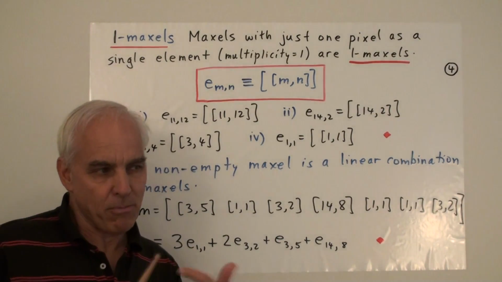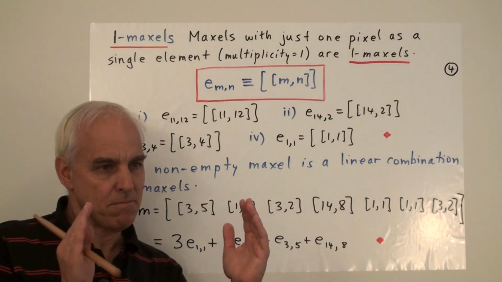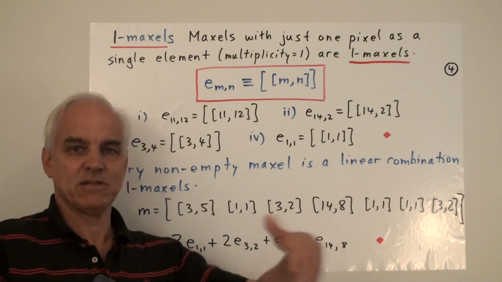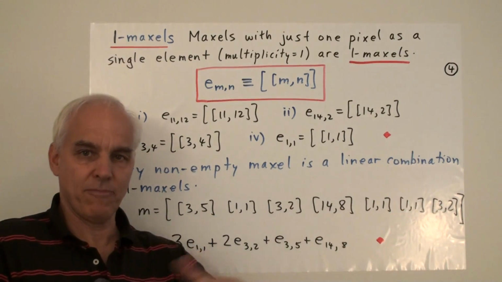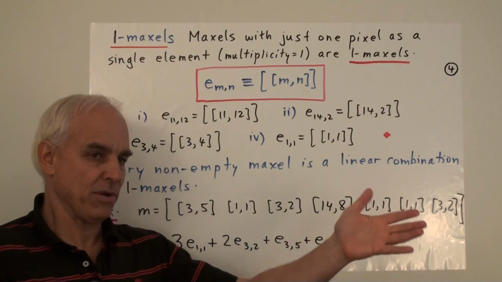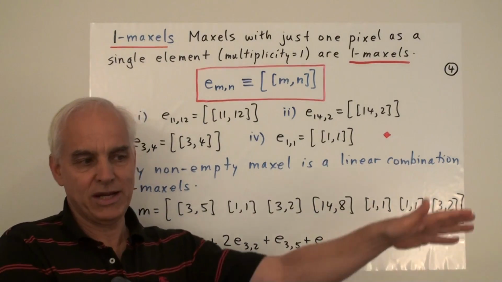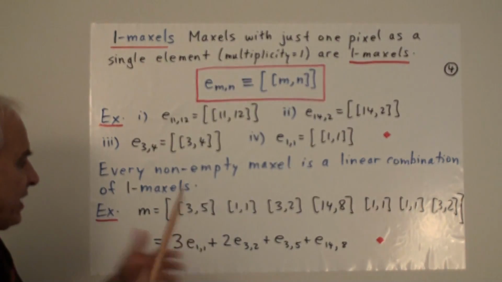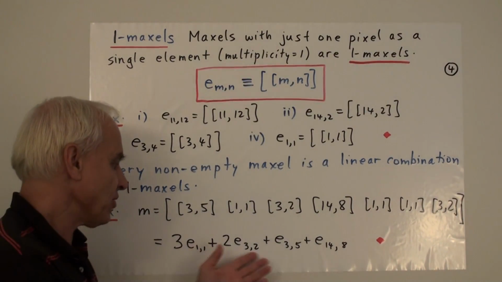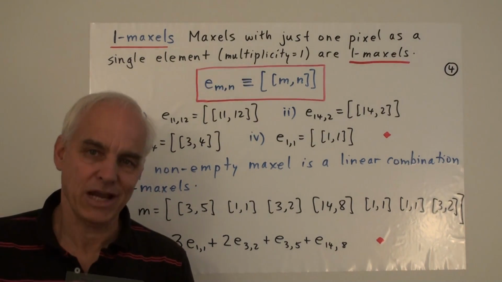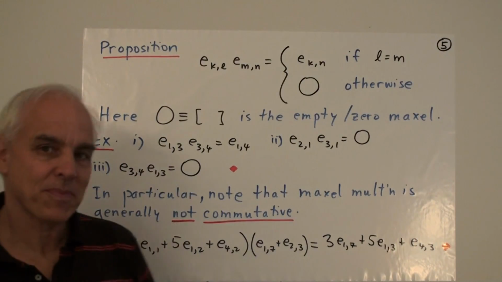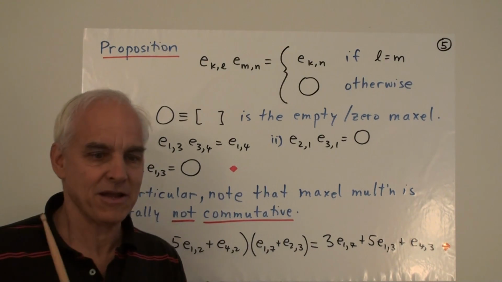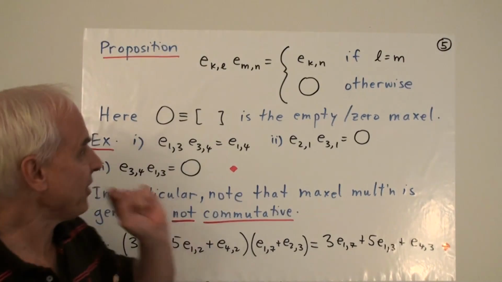But it's really a bit more than that, because it's not a matrix of a particular size. This maxel doesn't have a specified size. It just lives in the world of Maxel land, like it's an occupant of the screen, and the screen extends beyond our view. So it's a little bit different, but it's definitely analogous to familiar matrix notation. This proposition gives us an alternate way of writing down our basic multiplication of pixels at the level of